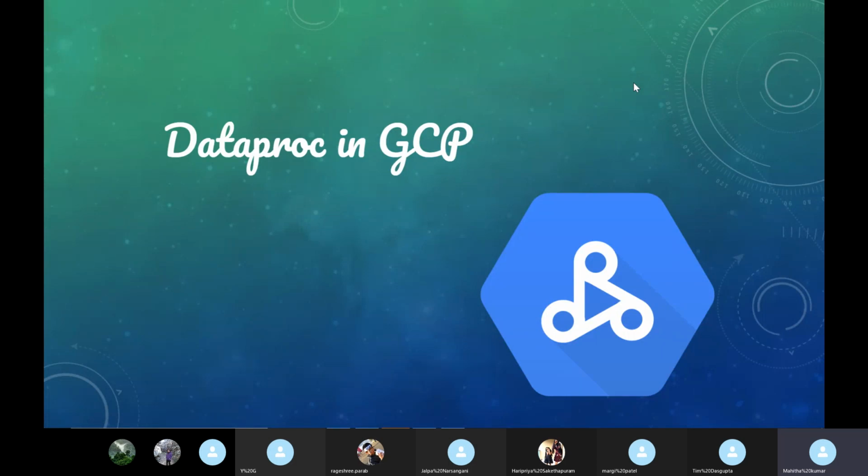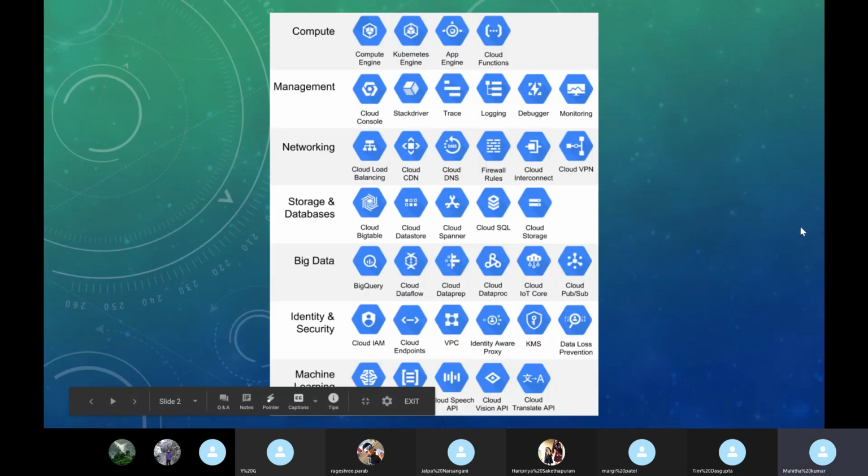So we will try to understand what Dataproc in GCP is, how we can use the particular service. This chart is giving a simplified version of all the available services on the Google Cloud, and it is categorized according to their benefits. In the compute area, we will be using those services, and they are categorized. This is a simplified version. I just wanted to understand more clearly, so I wanted to share it with you also.